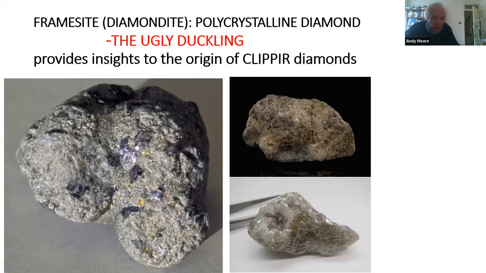Now, before we talk about the clipper diamonds, the exceptional type 2 diamonds, we're going to have a diversion and just discuss some of the characteristics of an enigmatic group of diamonds called framesites. They're polycrystalline, composed of tiny little crystallites. Their origin is considered highly enigmatic. This is another specimen, and this is a somewhat coarser specimen over here. So, polycrystalline diamonds, framesites,